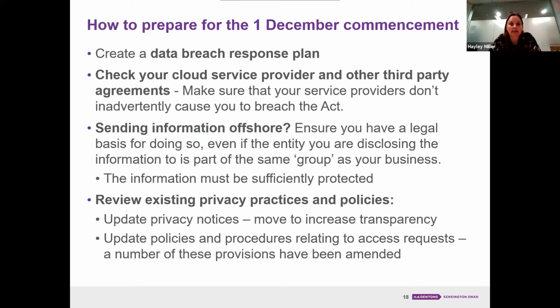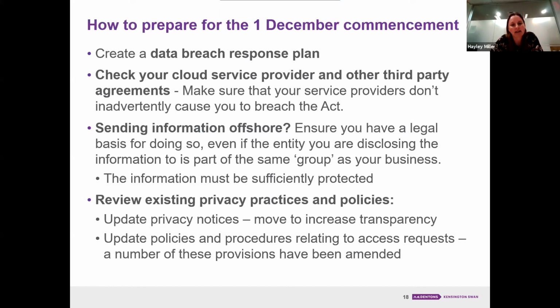That obviously dovetails down into that next bullet. If you are sending information offshore, particularly looking at the definition of foreign entity, so look at who the other party is. Obviously, the offshore ones are going to be your first obvious indicator that perhaps it's a foreign entity, but certainly pulling the contracts out of the drawer and working out who you're giving the information to. With that, think about your group as well. Having actual agreements between intergroup is important. So just having a policy that everyone will look after each other's data, generally considered not enough. You do actually want contractual obligations on those third-party entities to comply.